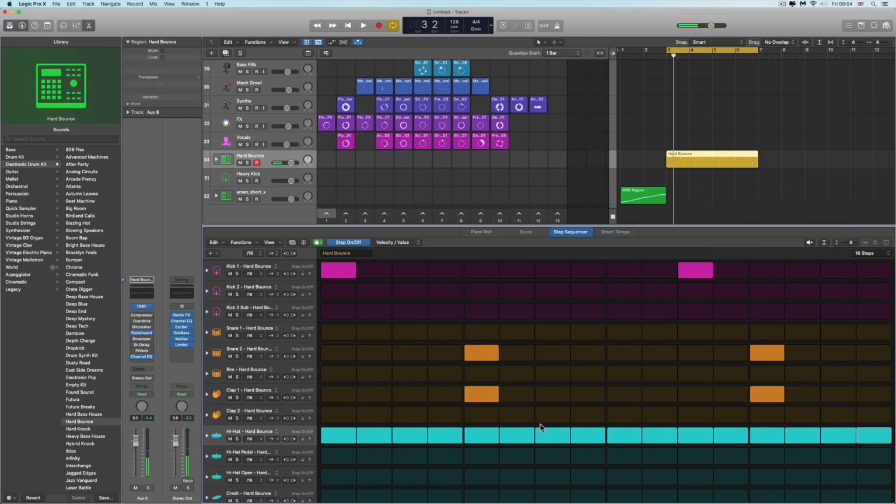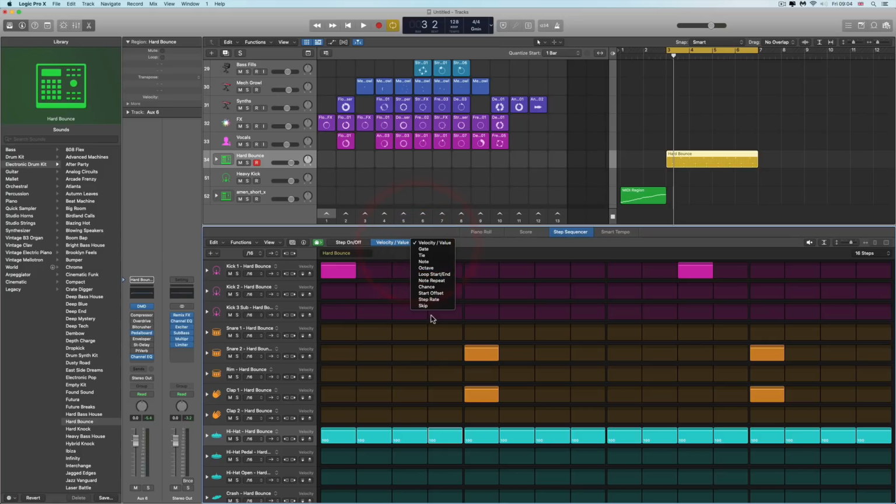As simple as that. Steps in, steps out. But if you switch to this second menu here, then you've got access to parameters for the individual steps,